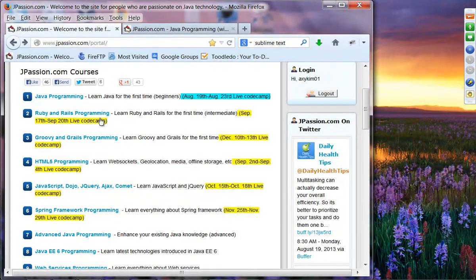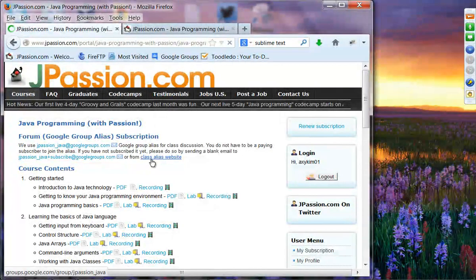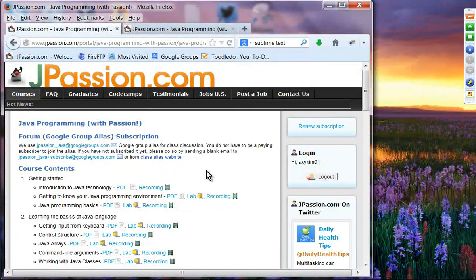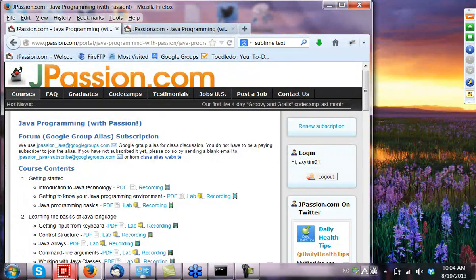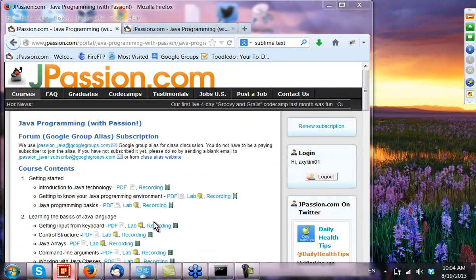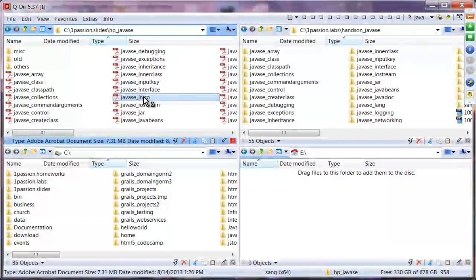Let's go to Java programming here. For those of you who don't know how to download a lab file and things like that, I'm going to talk about it later on. We're going to go to Introduction to Java Programming. It does not have a hands-on lab, so we're just going to do the presentation. Let's go to Java Introduction, that is Java SE Intro. That's the file.